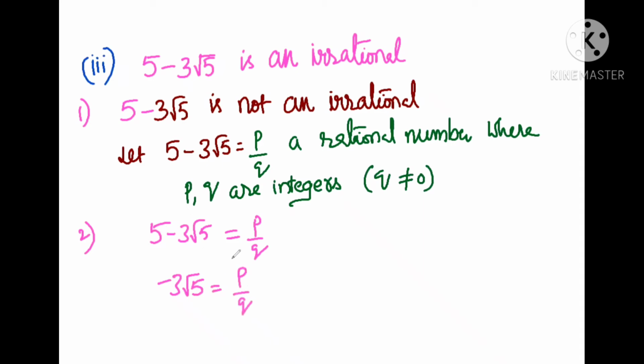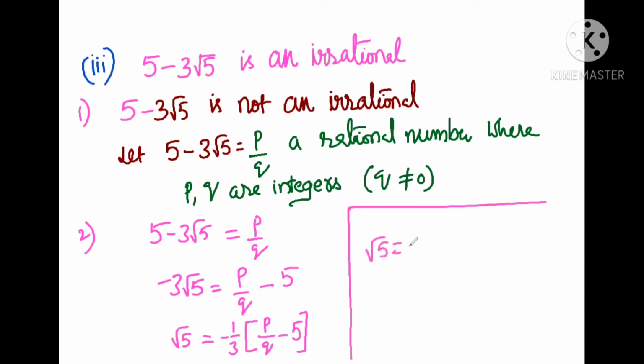By transposing, this plus 5 on the right side becomes minus. Now we have to make root 5 on the left side the subject. Of course, it's not the subject yet, but on the left side, keep root 5 and transpose this minus 3 to the right side. It becomes minus 1 by 3 of p by q minus 5. We can write this one as